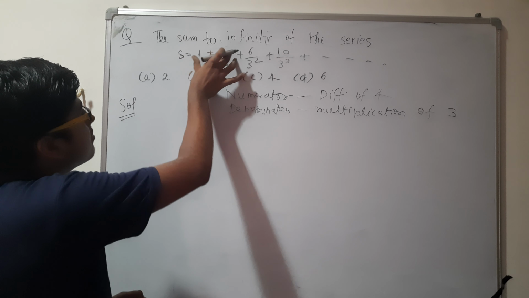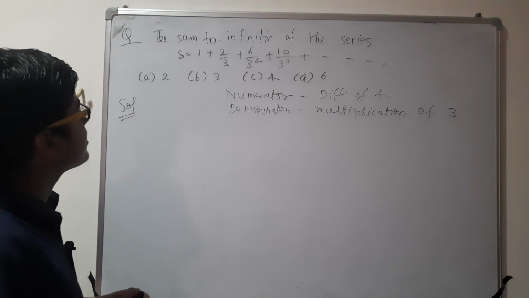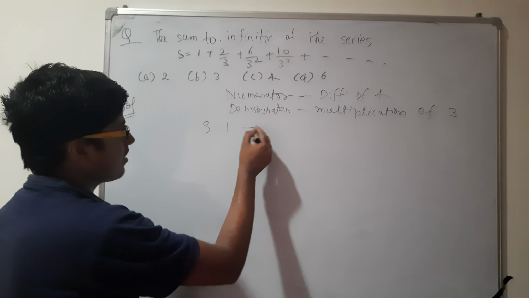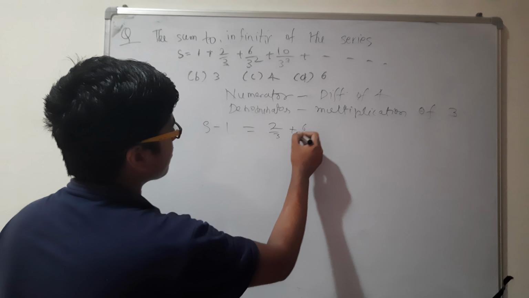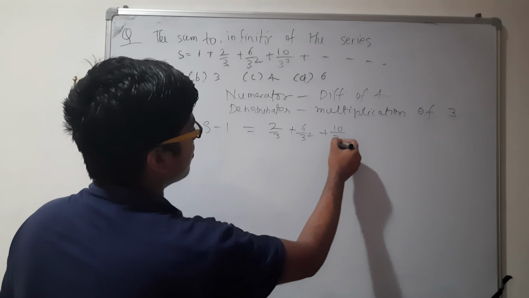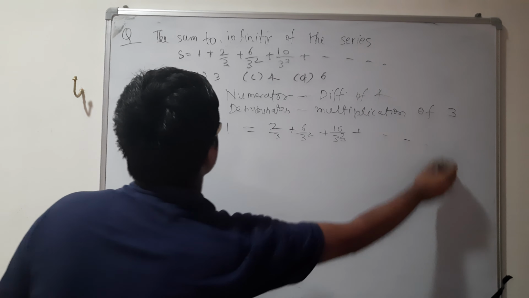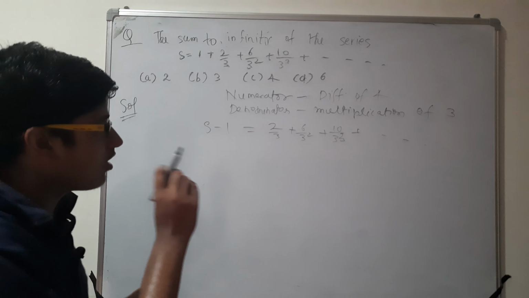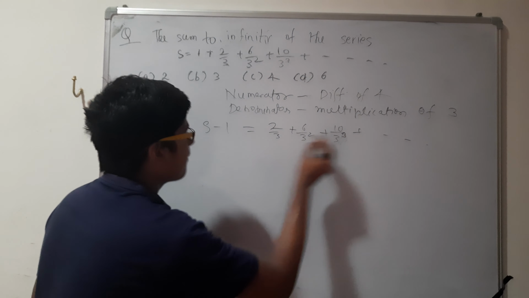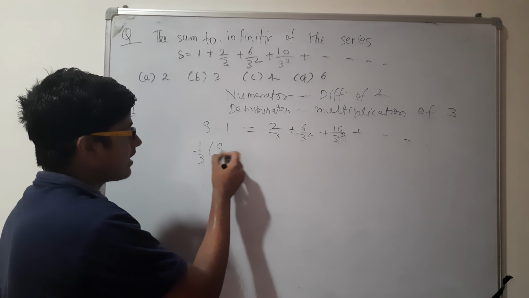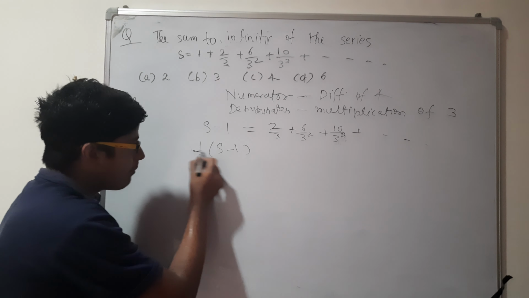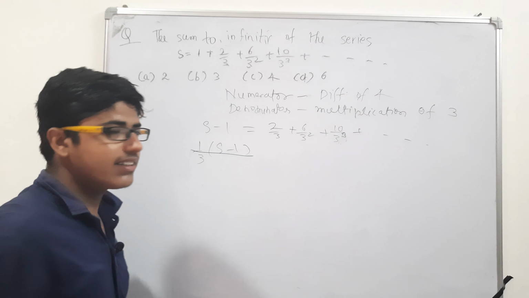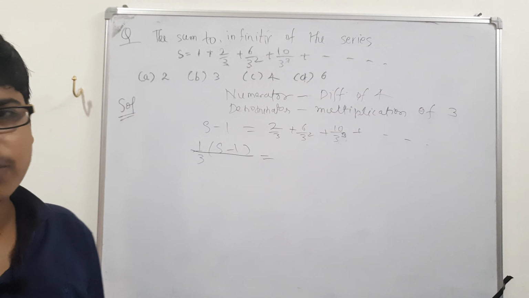Okay, let's see the difference between 1 and 2. First and second term, it is not the 4. So it is just different from this whole series. So just take this in the left side, 2 by 3 plus 6 by 3 square plus 10 by 3 cube. Whenever there is increment in the numerator and multiply in the denominator, we only used to do one thing. We multiply the whole series by that part which is getting divided in the series. Okay, so 1 by 3. Why we are doing so, I will explain after some time.